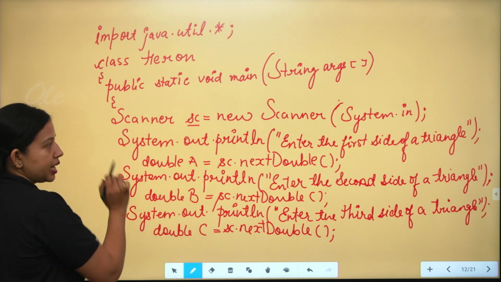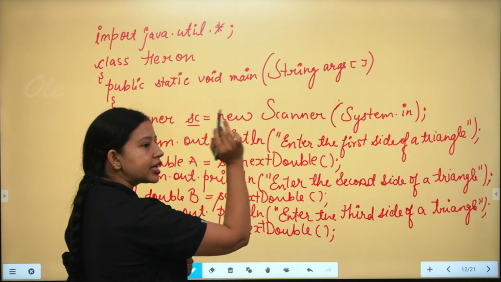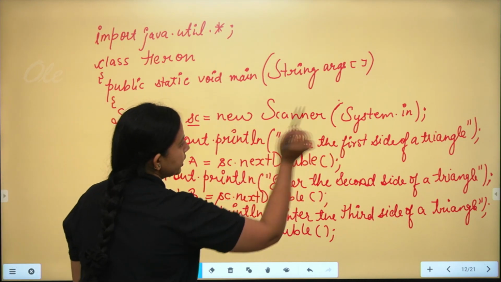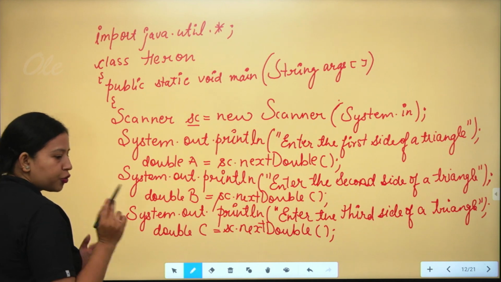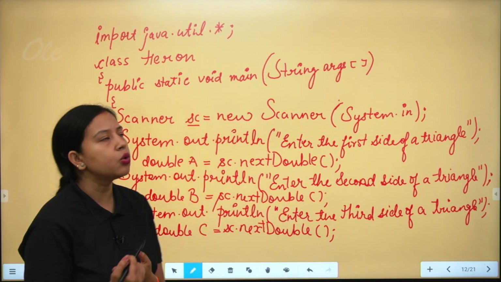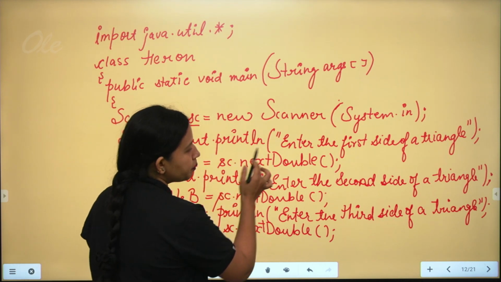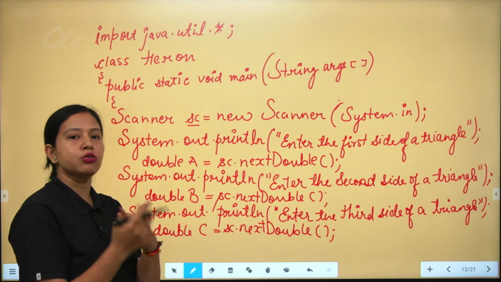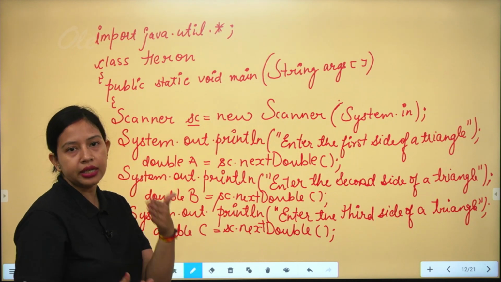So the class is Scanner, sc equals new Scanner. As we are connecting the keyboard to the system, that's why we are writing the System.in class over here. If you are displaying any kind of output, we are using the System.out class over here. So System.out.println method, because after printing, the line should be changed so that neatly all the data comes in